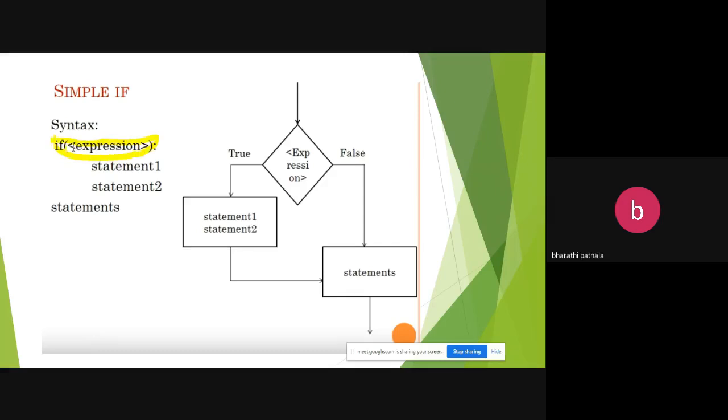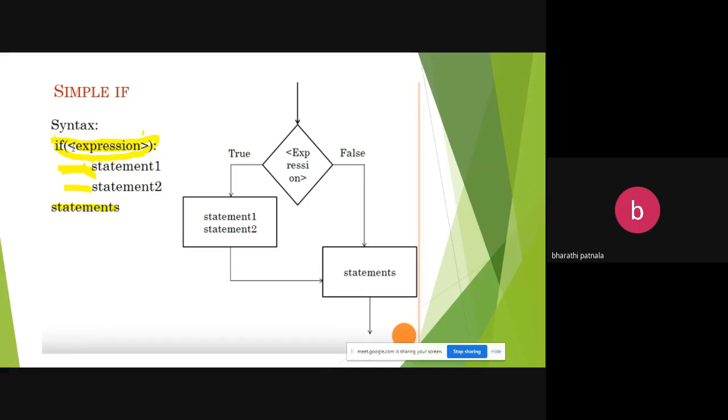If, then within parentheses you have to mention an expression, and you have to give a colon after this if and follow the indentation. By default, the indentation is 8 spaces, and then the next statements.